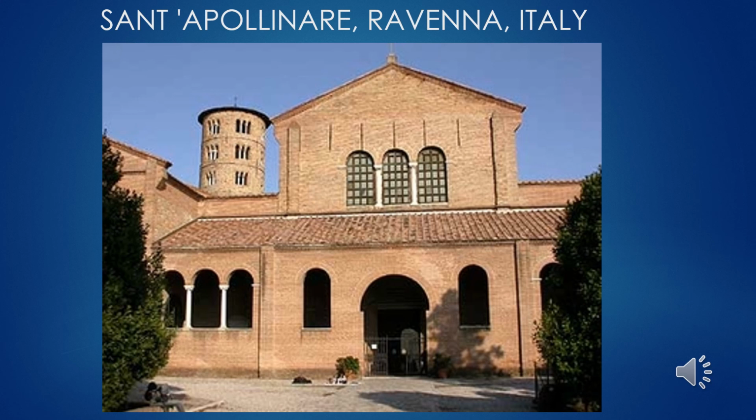This was named after Apollinaris of Ravenna. He was a person from Syria who had been persecuted by the Roman emperors. He was run through with a sword after being tortured, so he was the first bishop of Ravenna, and this basilica was constructed in 549 on the site of his martyrdom. And so let's take a look inside.